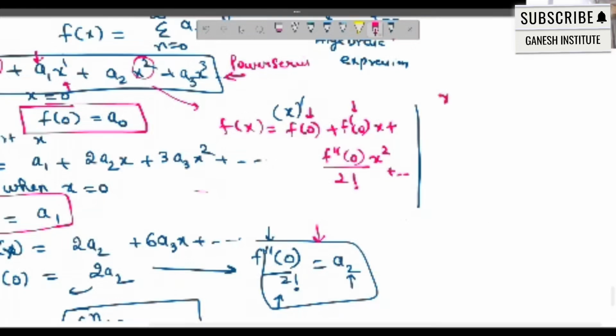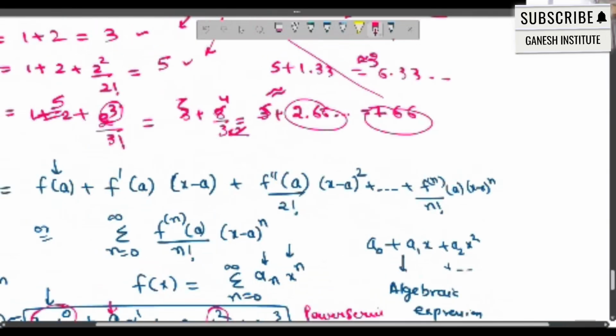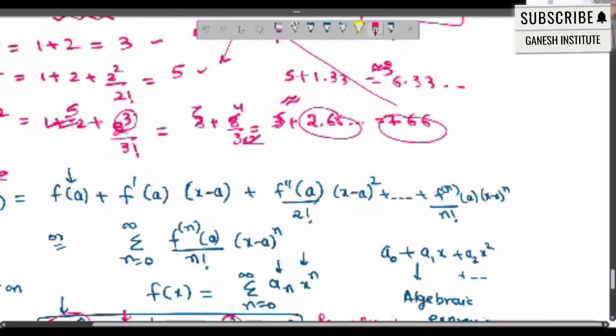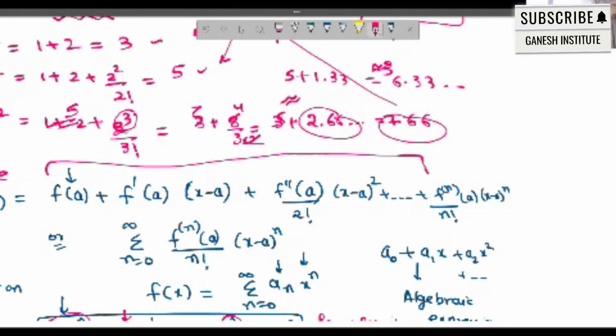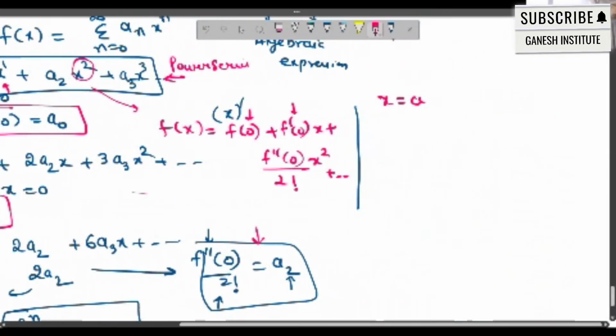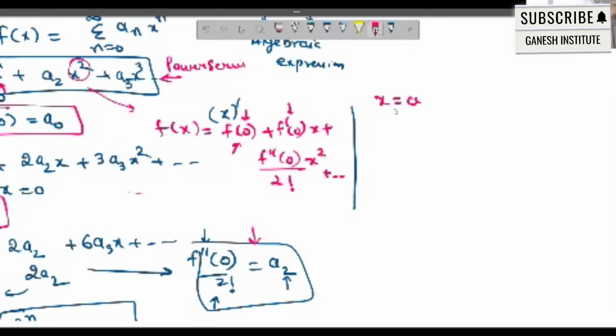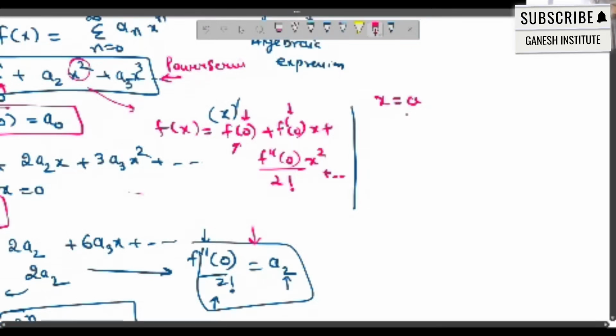If I consider x as a, I'm trying to make it in this form. At the moment it is 0. What if it is some other value? So for that, let's say x is a,